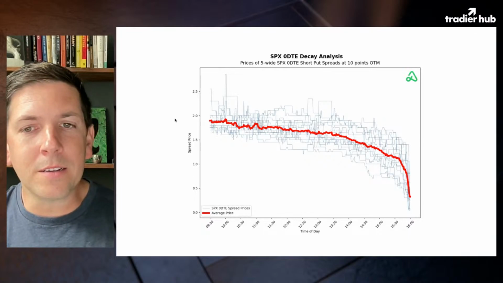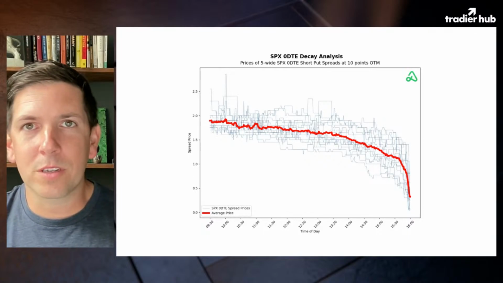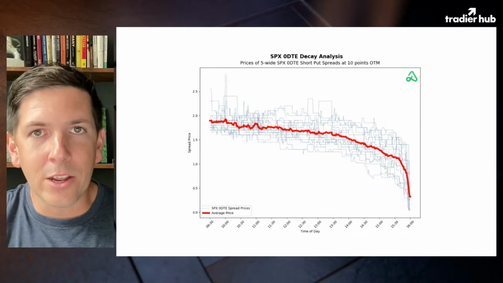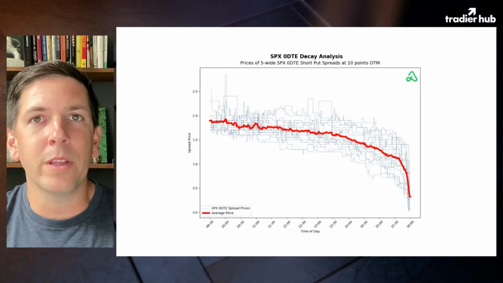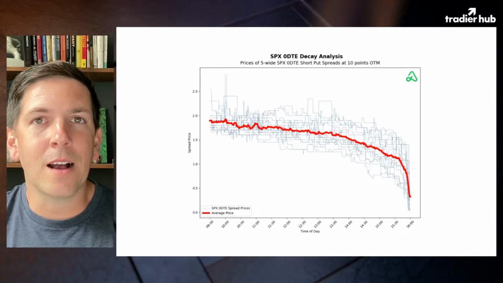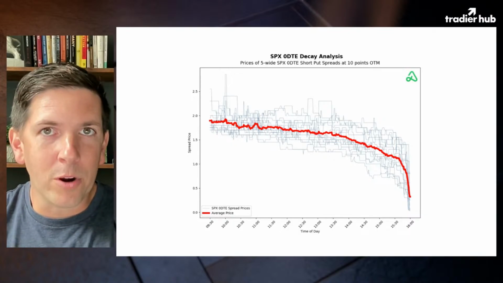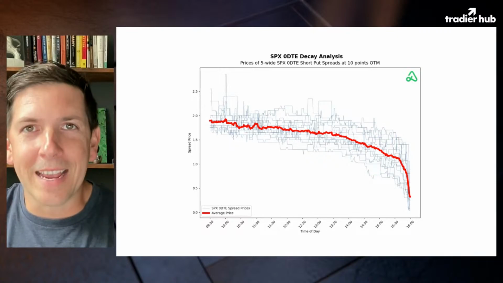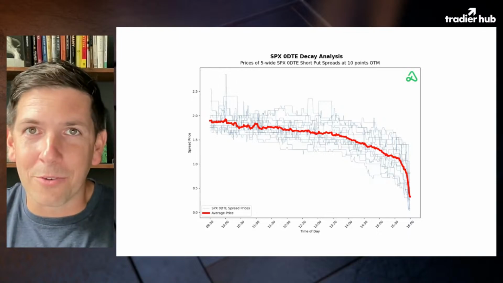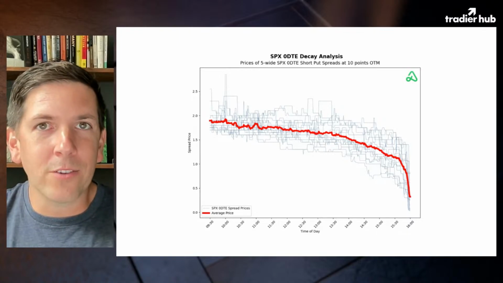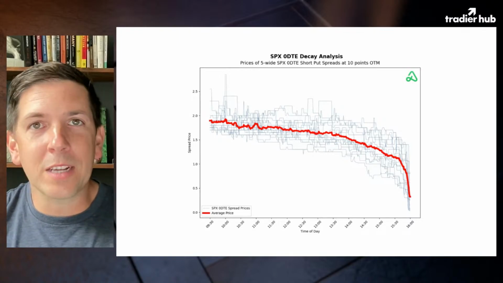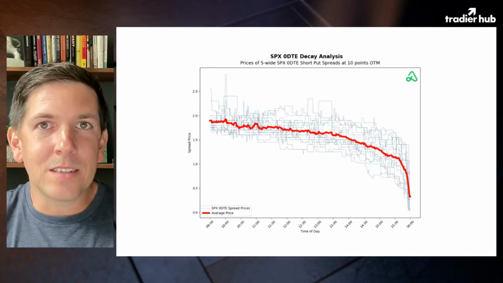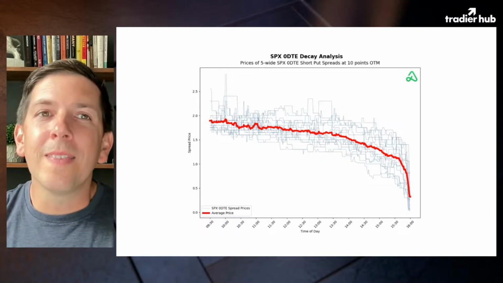What I think is fascinating, if you take away the first couple takeaways from this, is that number one, you don't get linear decay. I think there are some people who believe that because it's a zero DTE contract, because time is marching along in a very standard progression, you have the first hour of trading and the second hour and the third hour, right? It's not like time is accelerating during the day. But as you go through the expiration day, there's maybe an assumption from some traders that a lot of that decay is very linear,